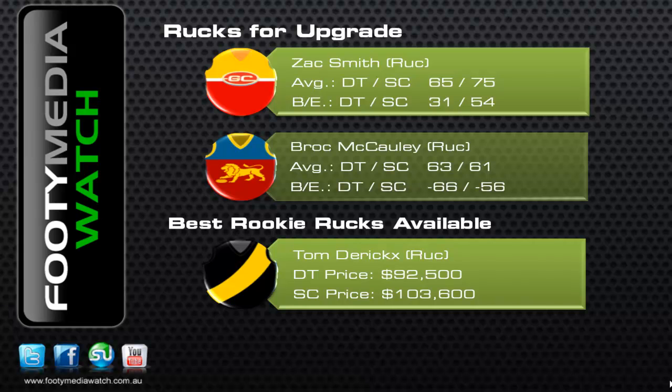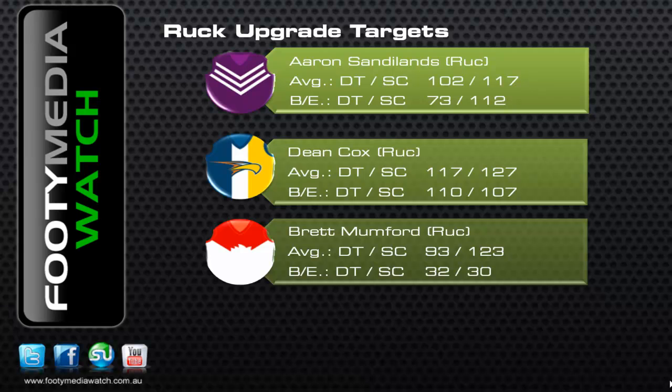Angus Graham's doing quite well, and Tyrone Vickery's doing quite well up forward. So it might just be a matter of resting one of those ruckmen 1 week, or maybe an injury will find him in the team. But definitely probably the best option that's still left down there, outside of some injured ruckmen like Robert Campbell and Jamie Charman, who've both got Achilles injuries, which doesn't fill me with confidence at all that they'll play this year. And the upgrade targets, Sandilands, Cox